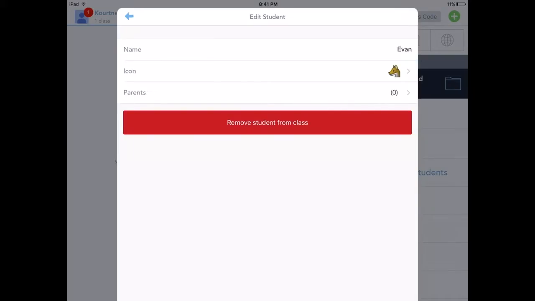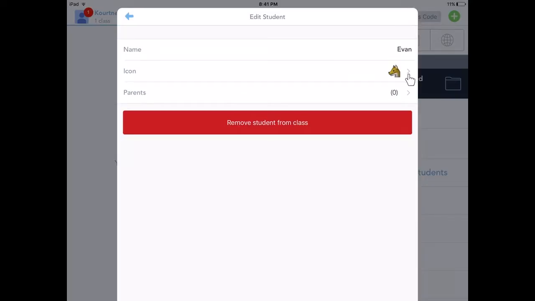If you click on a specific student under class list, you will be brought to this page. As you can see, this is where you can edit your students' information. Each student has a name. You can always edit this name later on in the year if needed. Each student also has an icon. As you can see, you can choose multiple different icons. That way each student in the classroom can have a different one and it can help you and your students